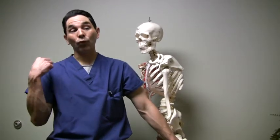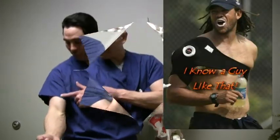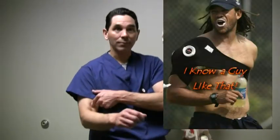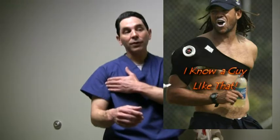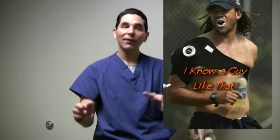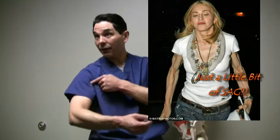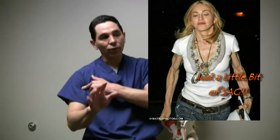If it didn't, or if it tore later, sometimes they tear off. You might know someone that's had a bite like this, they get a bump there. Has anyone ever met anyone like that? And it's something where if it's painful, you can go back in and do something to it. Or sometimes, many times, just after a few weeks, it doesn't really hurt anymore. You just have a little bit of sag there, and you might lose anywhere from 10 to 30% of your